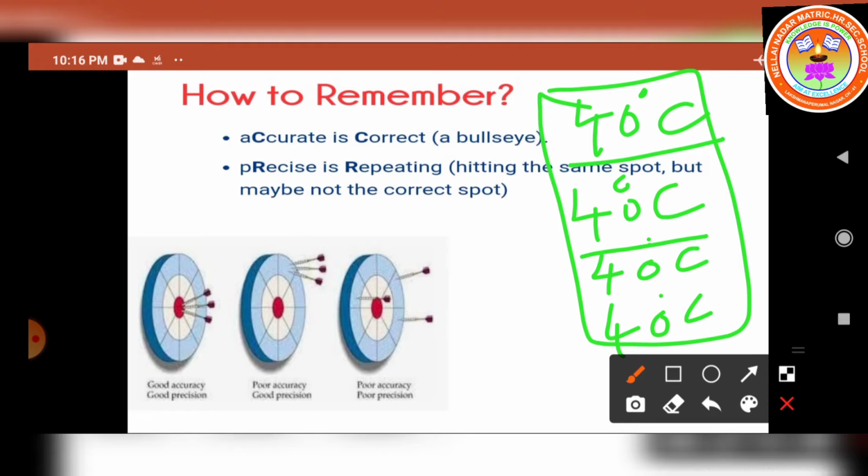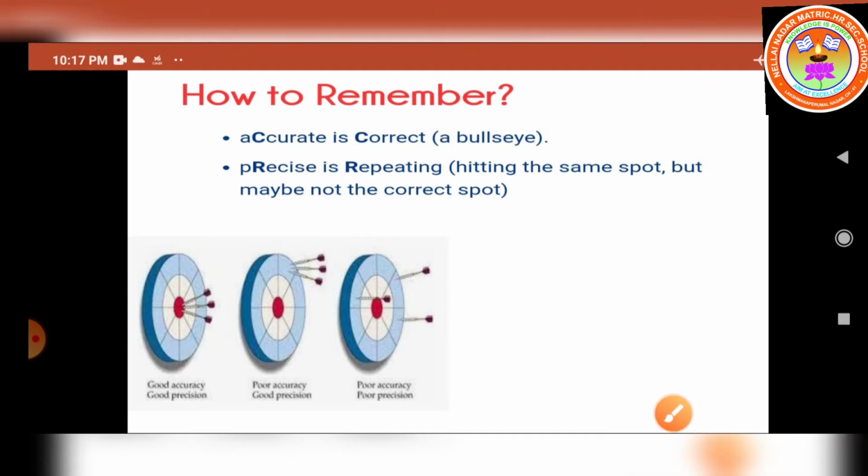Do you understand the difference between accurate and precise? The real outside temperature is 40 degrees Celsius and the thermometer measures the same temperature, 40 degrees Celsius. Now the thermometer is accurate. And again the thermometer consistently registers this exact temperature in a row. The readings are tabulated. It gives the same value only. Now the thermometer is precise. Now let us move on to one more example.